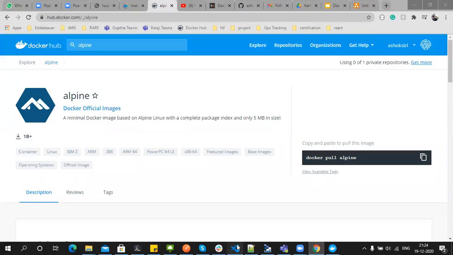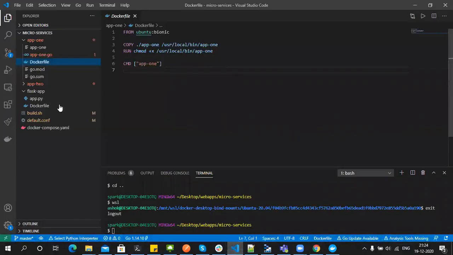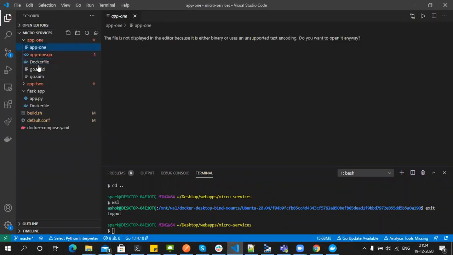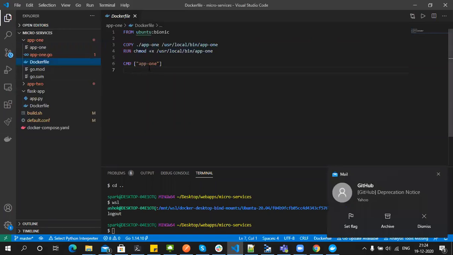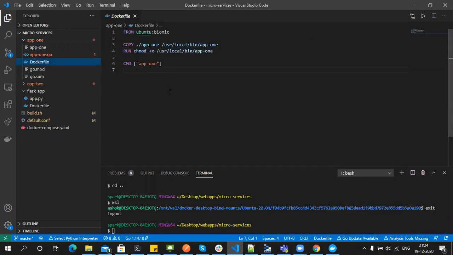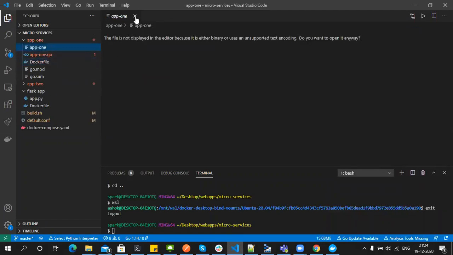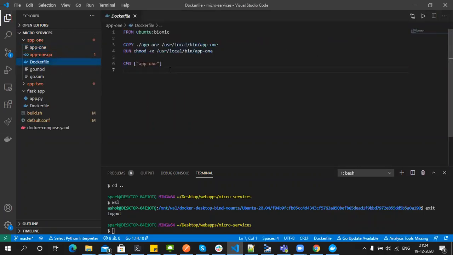In my project, in the app one Dockerfile, you can see I'm taking Ubuntu Bionic as the image. I'm copying my local app binary to this image and executing it. It opens one port and it runs.